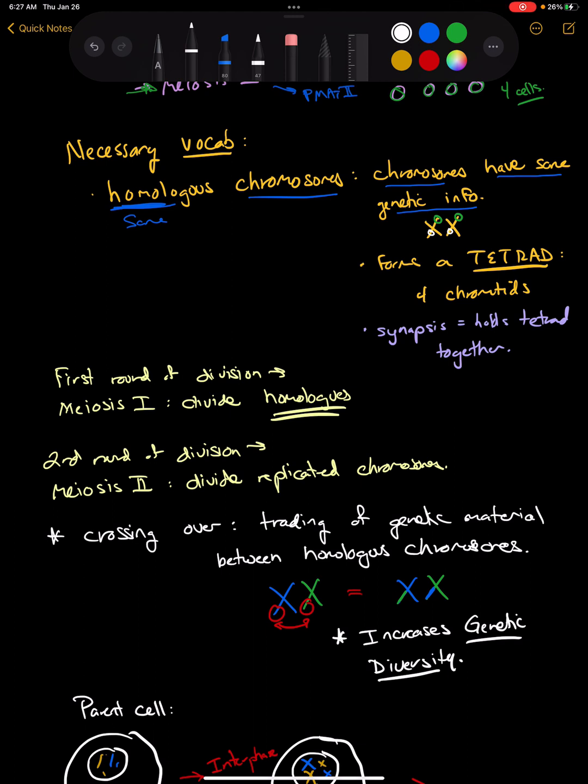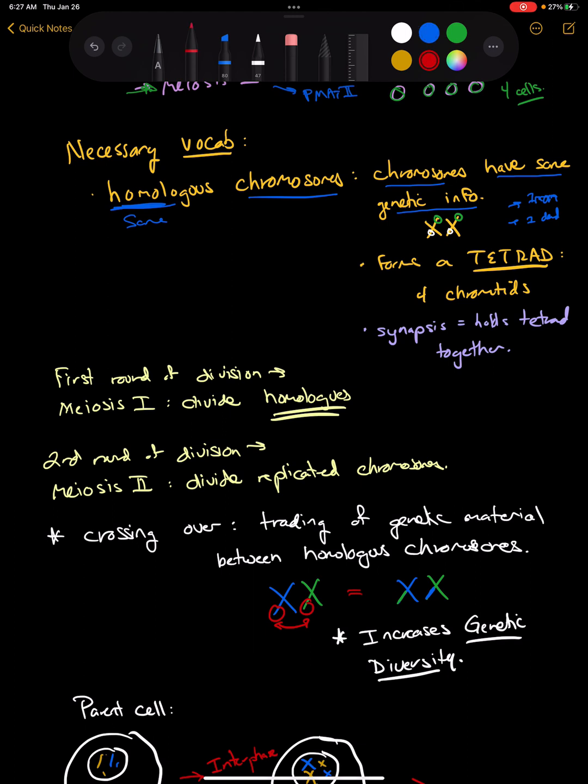And one question is, why do you have two of these? Well, it makes sense because you're going to get one from mom, and you're also going to get one from dad. Okay, say you guys were created by sex. Your parents have egg and sperm, and then when they came together, they gave you actually two copies of every chromosome.